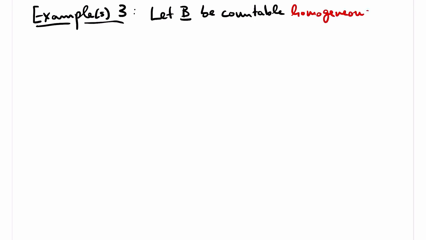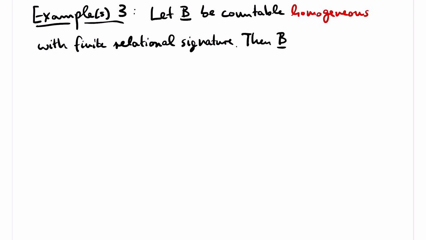I also have an example that illustrates how to use the theorem of Ryll-Nardzewski to prove that structures are omega-categorical. In fact, the following example is an entire class of examples. A very rich class of examples. Let B be a countable homogeneous structure with a finite relational signature. Then B is omega-categorical. This covers our first example, the ordered rationals, which is a homogeneous structure and which has